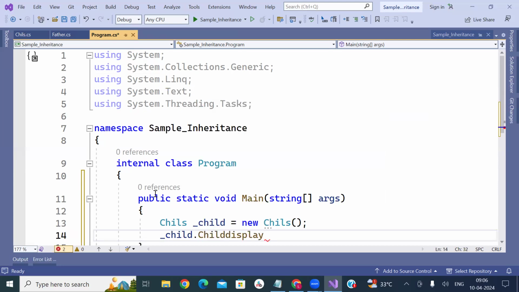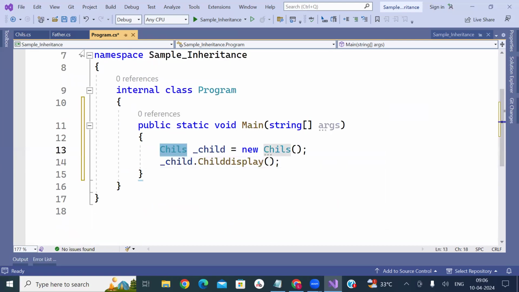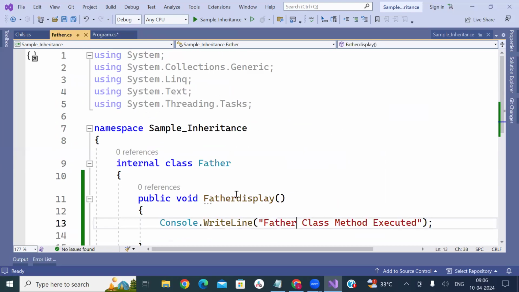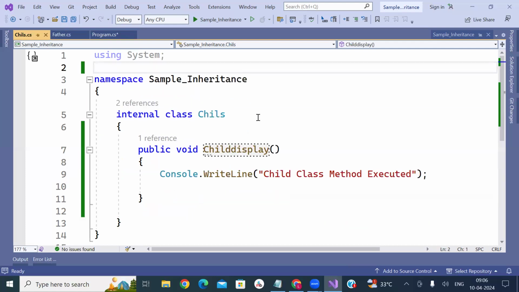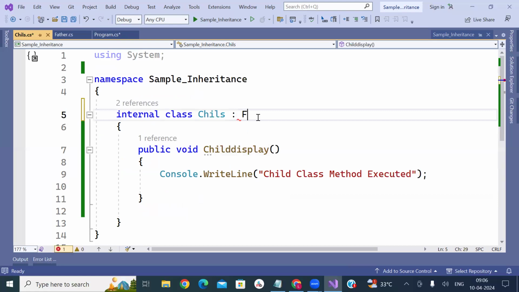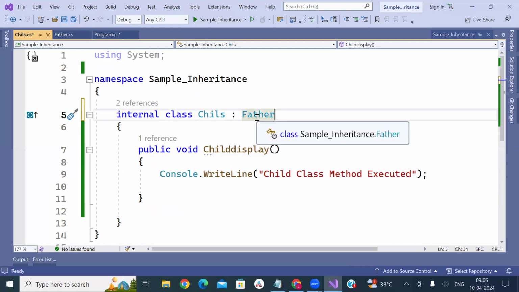When I create an object for child, I want to get the parent class properties. What is my parent class property? Father display. So in the child class, I just go here and say father. I'm just inheriting all the properties of my superclass into the child class.